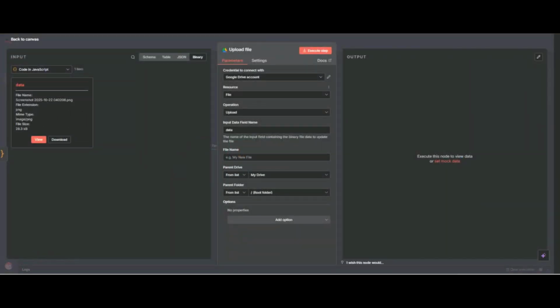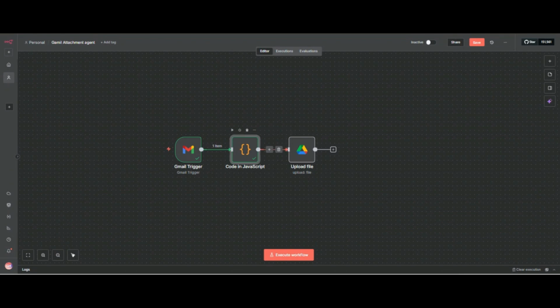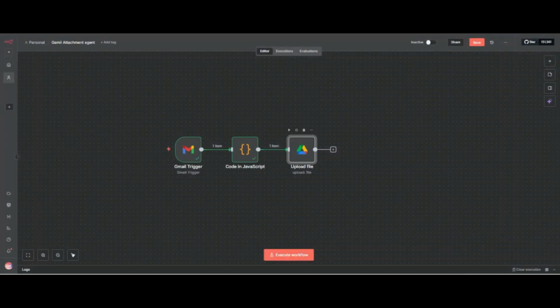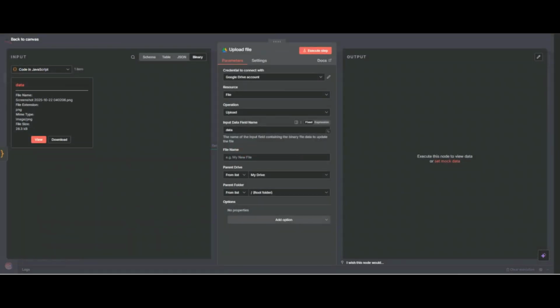So you see why I changed the name. There is a name of attachment and here is data. So now you can understand why I changed the name, because it required data. You can see input data field name, what we are inputting, so it is necessary that the file name will be data.